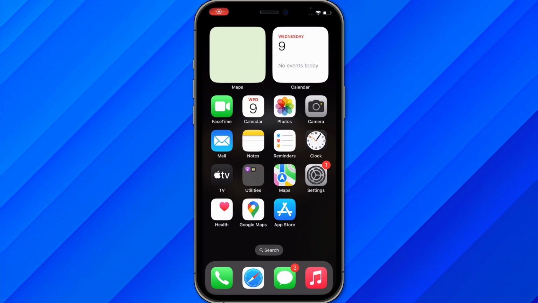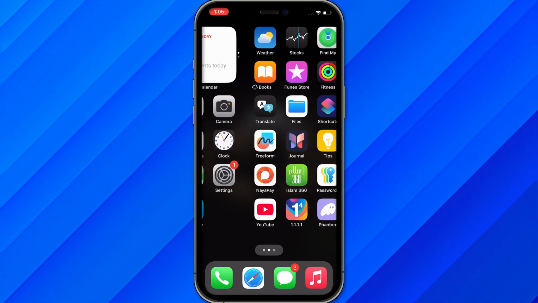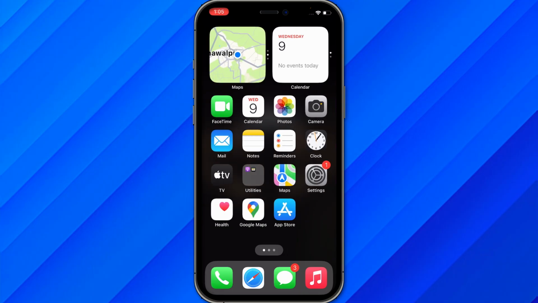Hi guys, in this video I'll show you how to install Breezy movie app on your iPhone. So first of all, make sure to, as you can see, this is the iPhone, so open your app store